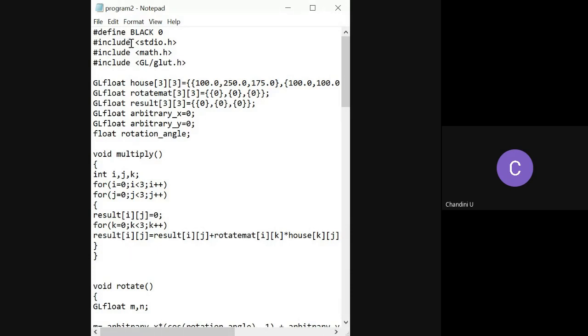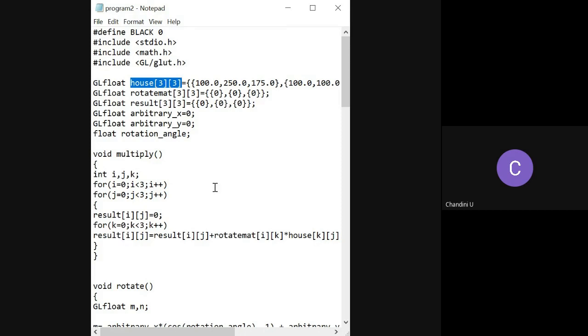Initially we have to include all the necessary libraries: the GLUT library, math.h, because we are using different matrix multiplications here, and then the standard C or C++ libraries. Now you need a matrix which will give you the necessary object description. Let us define my matrix name as house. This is a 3 by 3 matrix, so that 3 depicts the dimension. House of 3 by 3 means my matrix constituting the original object.